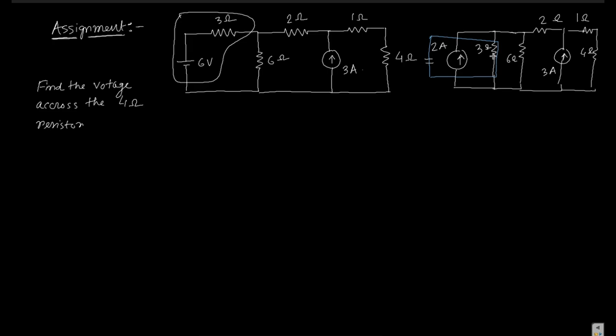Now, what is the equivalent resistance of these 3 and 6? It becomes 1 by 3 plus 1 by 6, that is 3 by 6, that is 2 ohm. So if you redraw this circuit, the circuit becomes